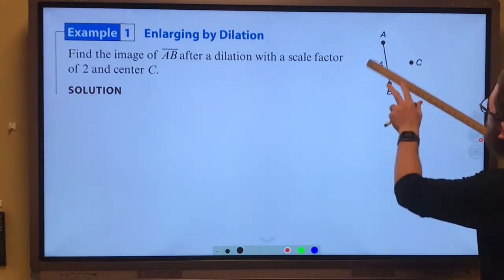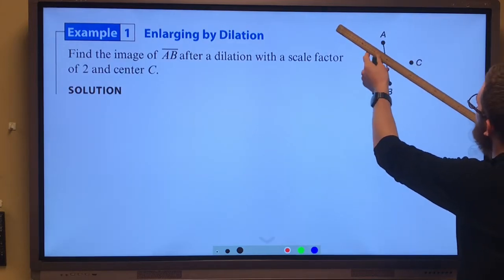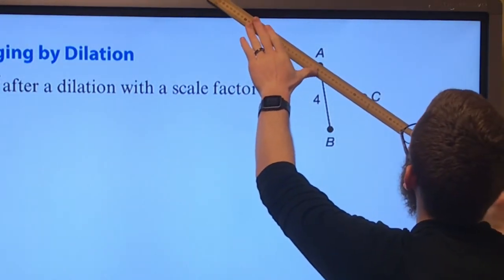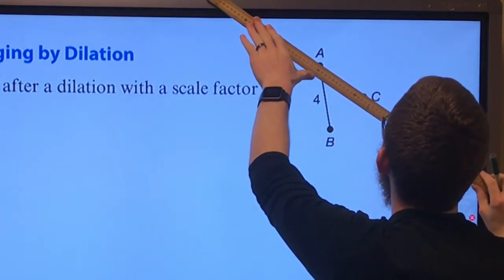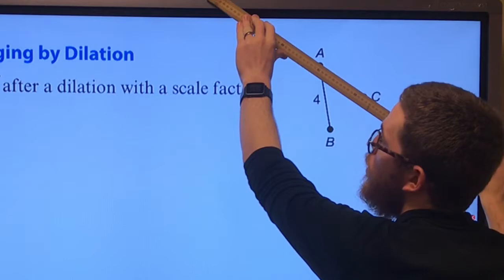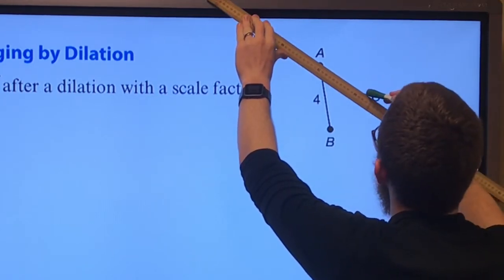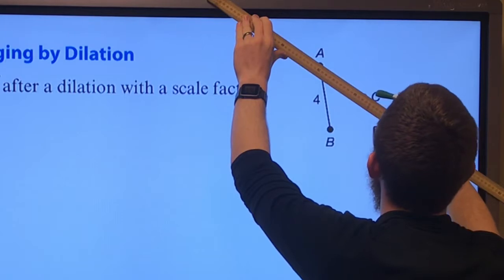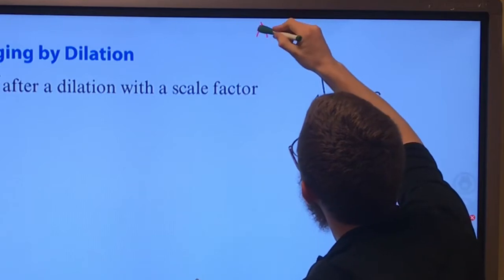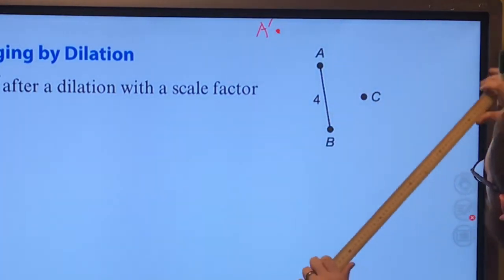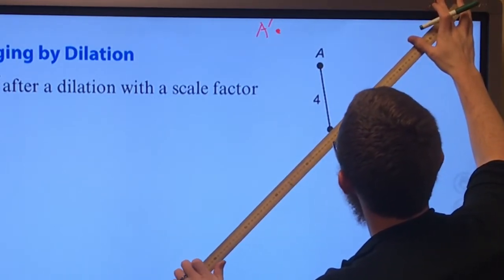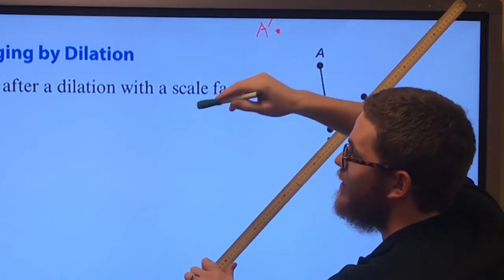Now, how we actually perform this, we would want to measure the distance from A to C. The scale factor is 2. I measure the distance from A to C, and I can see that it's about 12 centimeters. So now I want to go 12 times 2, which means 24 centimeters away from C to get my new point A prime. I find the distance from B to C. I notice the distance from B to C is about 11 centimeters, and so I'm going to multiply that distance by 2,